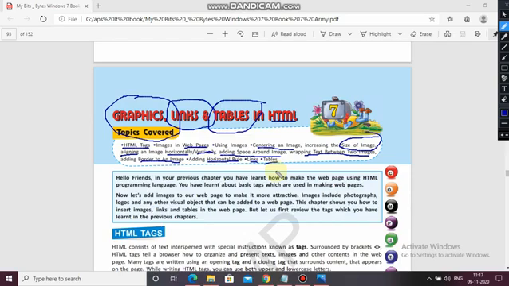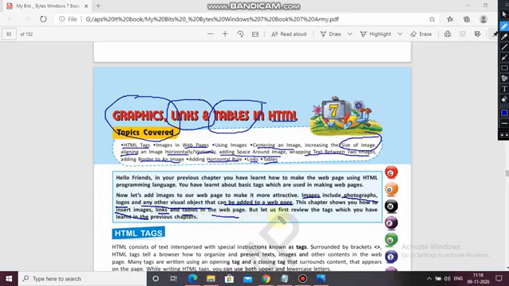Sometimes the text is not clear to you, then you use the picture to understand things. Clear? Images include photographs, logos and any other visual object that can be added to a web page. Means you can include images, photographs, logos also. So this chapter shows you how to insert images, links and tables in the web page.